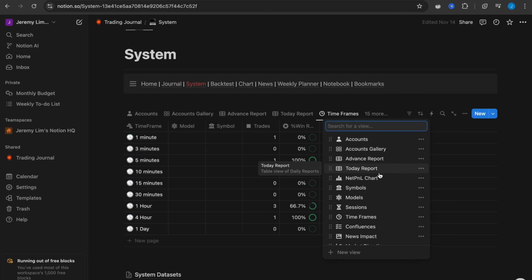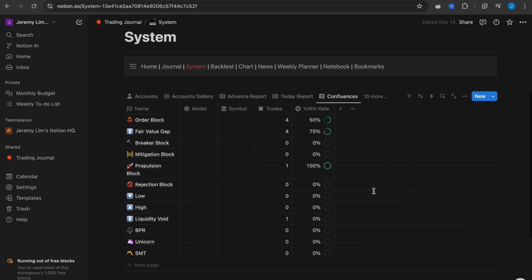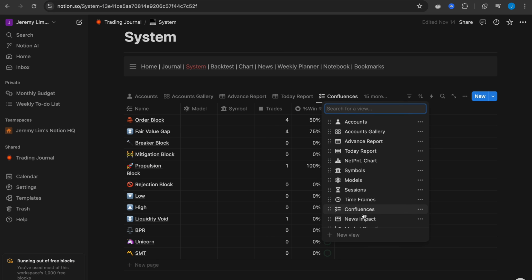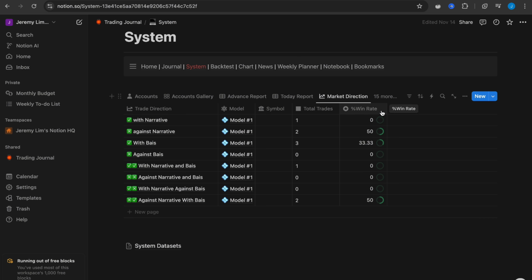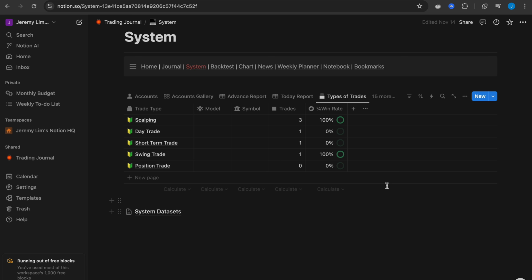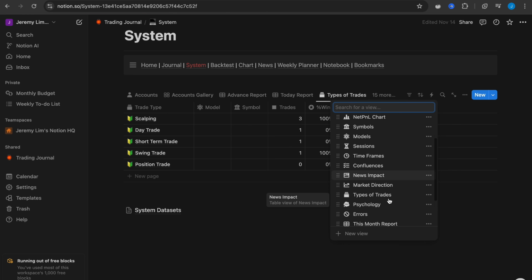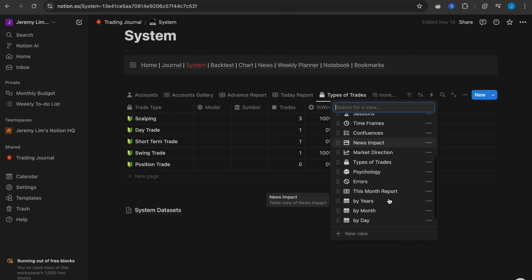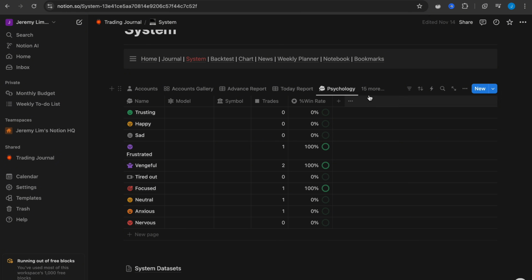You can also break it down by confluence, so which confluences have the highest win rate for your strategy. You can also break it down by market direction, so your win rate based on which direction you're going with the market, the types of trades that you've taken, so whether you've taken more scalps, more day trades or swing trades, and what your win rates are with the different types of trades. You can also see the emotions as well, how many trades you've taken with different types of emotions and what